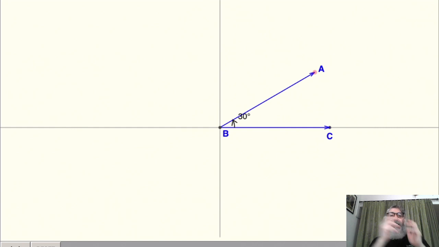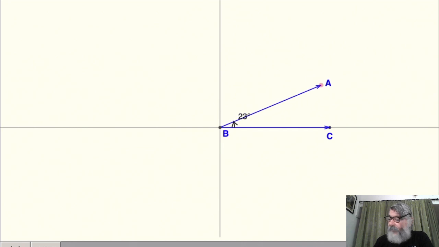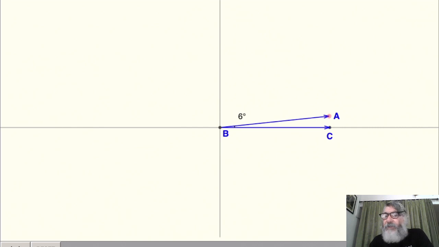But to give you an idea of how, till now we have been discussing only angles between 0 to 90 in standard 10, and how the angle changes now. Just look at this. B is the center, the origin you can call it. You can see the two axes, horizontal and vertical axis. And now this is the generator line. BA is the generator line.